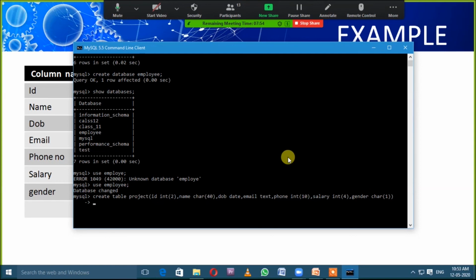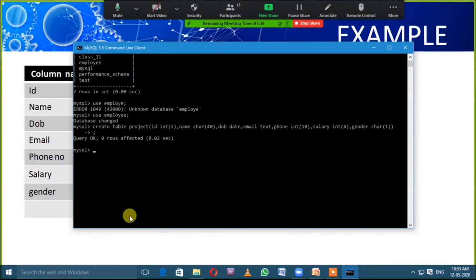Hit enter. Look here, it will move to a new line. Okay, so don't panic. If you moved to a new line, put the termination here and hit enter. Okay, now the query is performed. To check whether the table is inside the database or not, we need to write the query show tables.